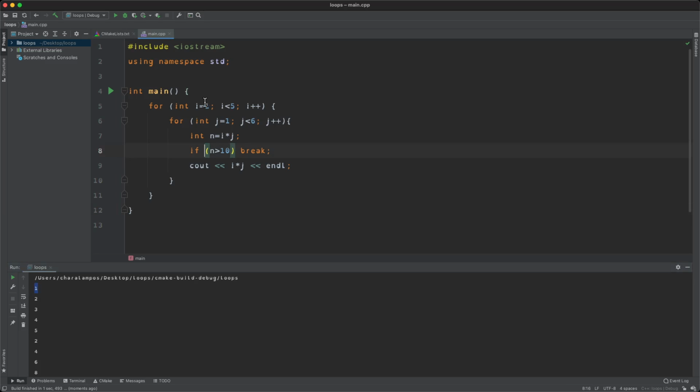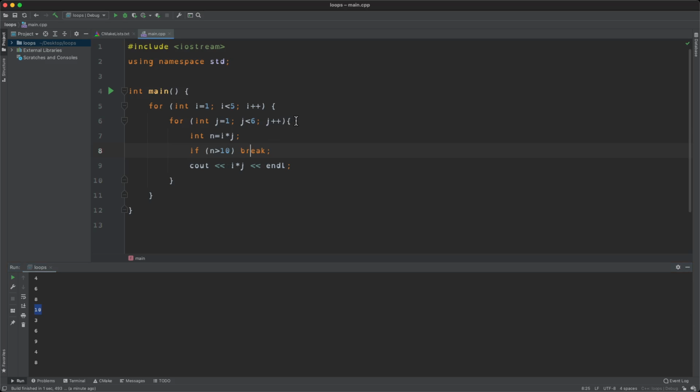The next pair is 1, 2, with product of 2, and so on, up until we reach 5, and then at some point we exceed the product. The product of i and j exceeds 10, and then this breaks the loop. So we get that 10, and then that breaks, and